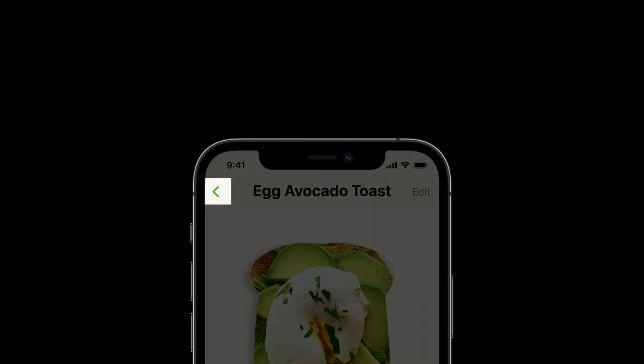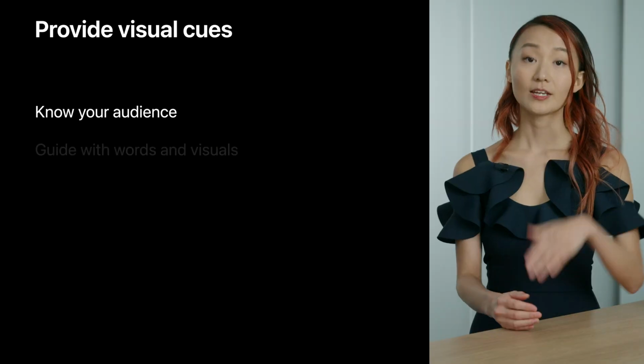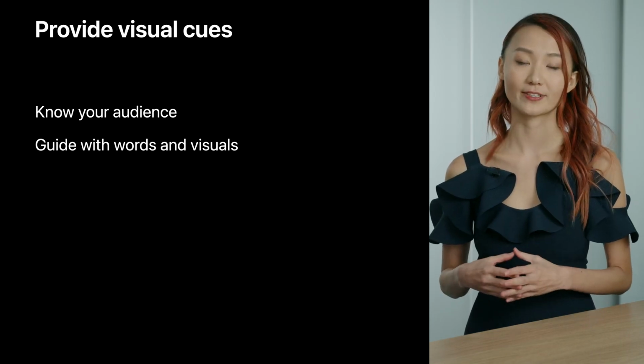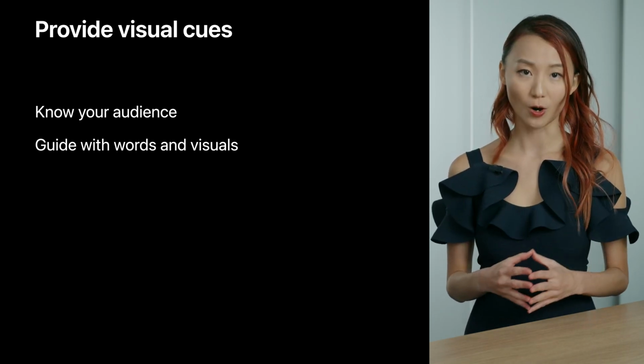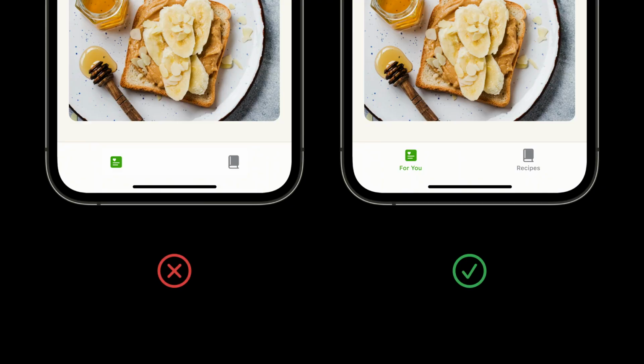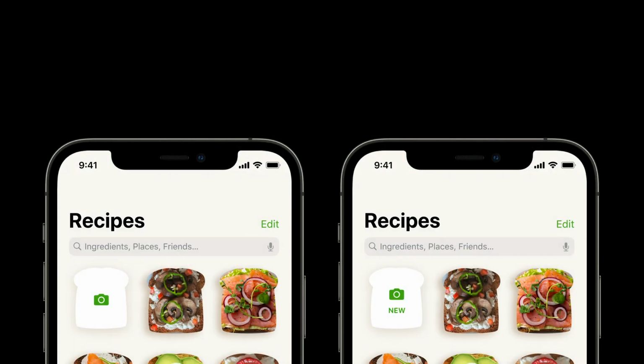Because people are familiar with this interaction, we don't need to add extra visual cues. If you're building unique designs or interactions that people may not be familiar with, you should include words or on-screen elements that help people understand what to do. Even recognizable icons can be vague. Is that a book? A favorite newspaper? By adding labels, we clarify the meaning of each icon. To browse suggested kinds of toast, to view saved recipes.